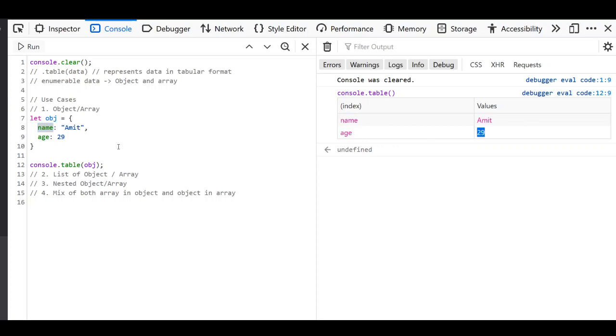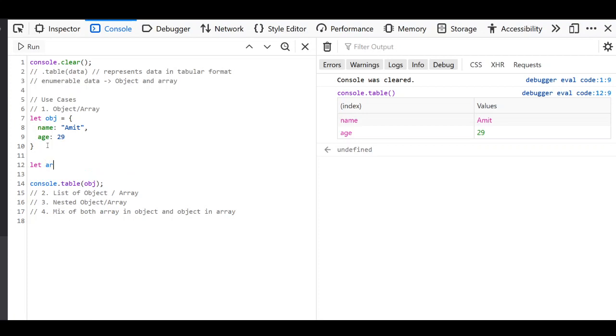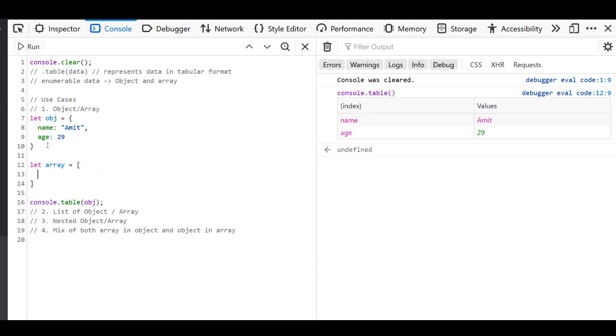Now we will see how it works in an array, right? So let's say an array, and let's say I take a string A, comma B, comma C, right?